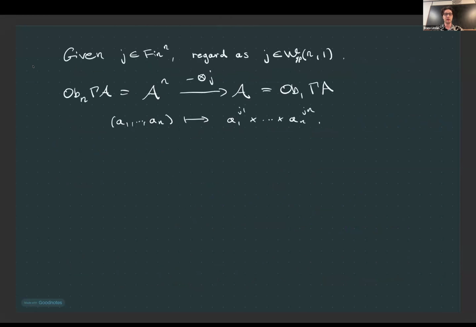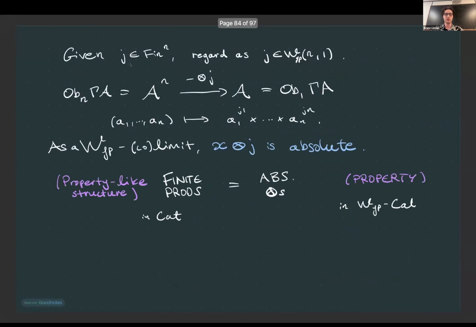So again, maybe this is overkill, but just to summarize, you take a weight, a functor from n to finite sets, regard it as an arrow from n to 1 in W, and tensoring by it tells you how to take the product of n things. And as I've already mentioned, one curious thing about this is that it's turned the property-like structure of having finite products on a category into just a property on